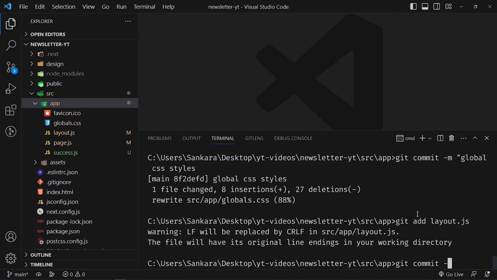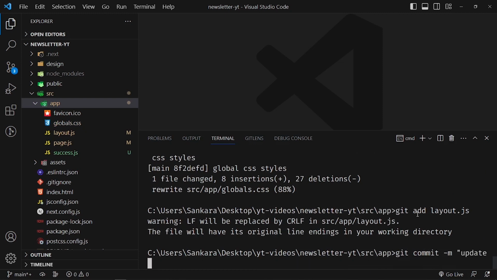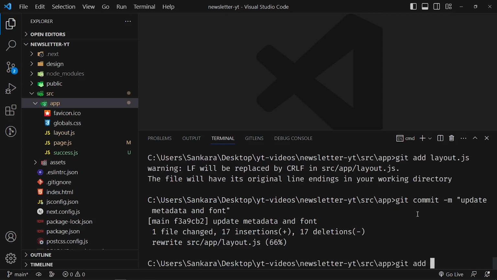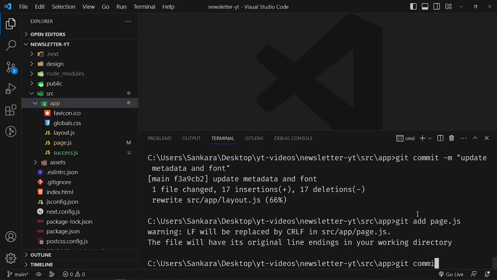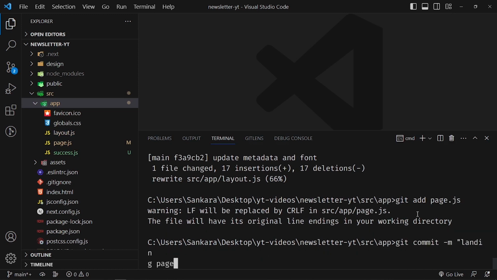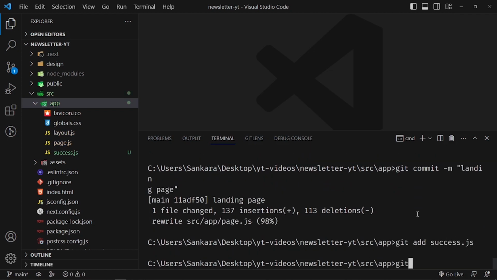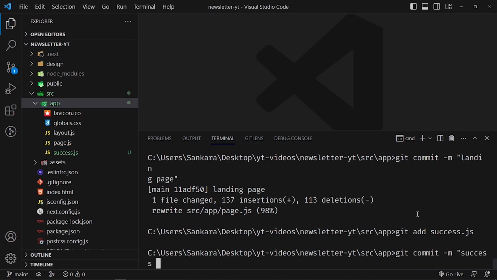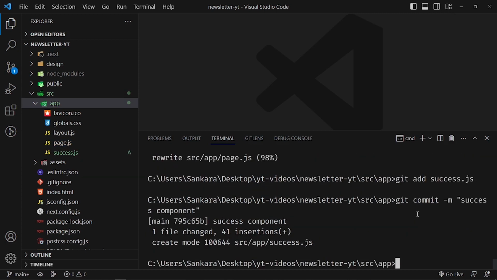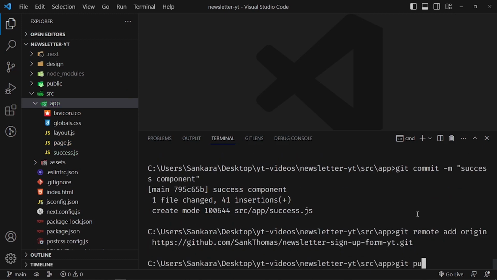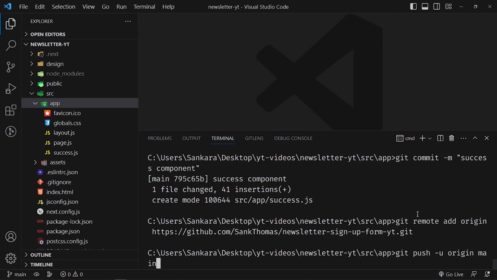layout.js, git commit, and I'm going to say we update metadata and fonts, and then git add page.js and git commit, and I'm going to say landing page, and then git add success.js, and I'm going to say git commit success component, and then finally we can say git remote add origin, and then paste in that link, and then git push -u origin main, which is going